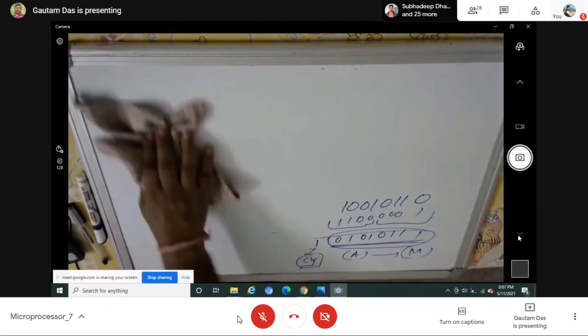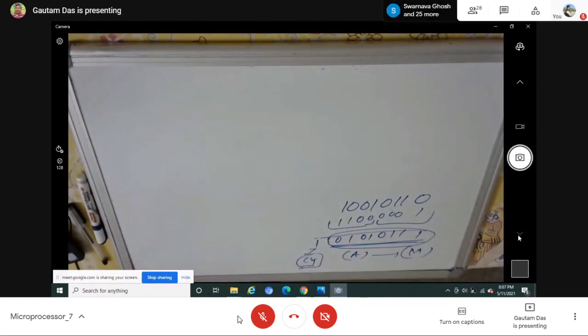No, it is not a condition. No carry may be generated, but the only thing is that we are not taking care of the carry information. That is the problem. In this program, whatever program we have just written, we are not taking care of the carry. Carry may be generated, we are ignoring it. It may give you a wrong answer, but in this program, that's why I am telling you, we are ignoring the carry.